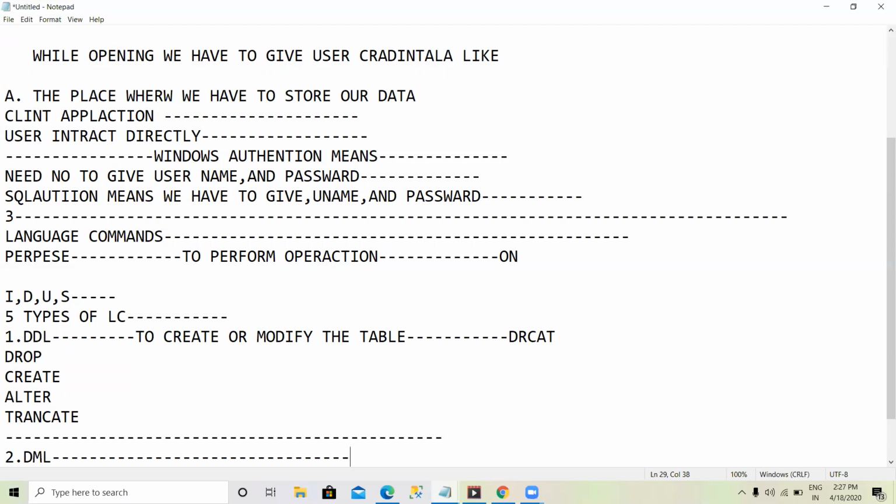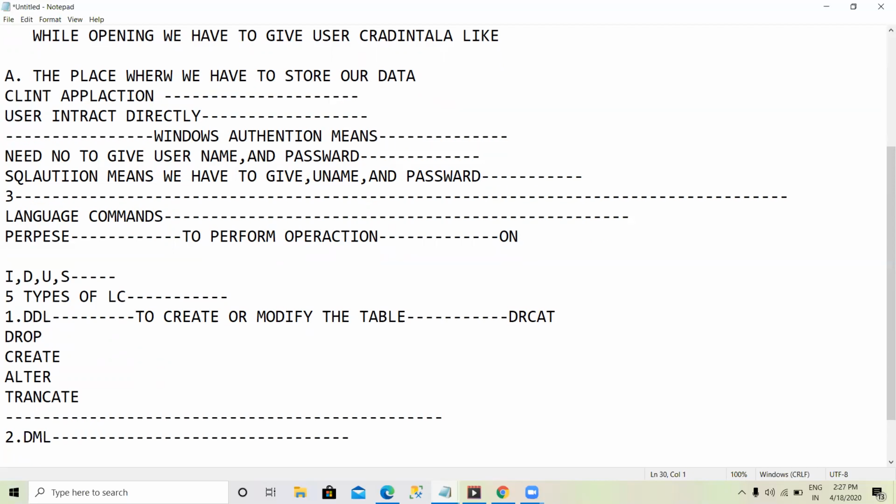Data manipulation language is nothing but UDI. These are all shortcuts, which will be very useful from an interview point of view. Update, insert, and delete.